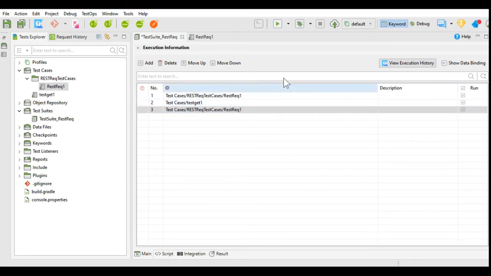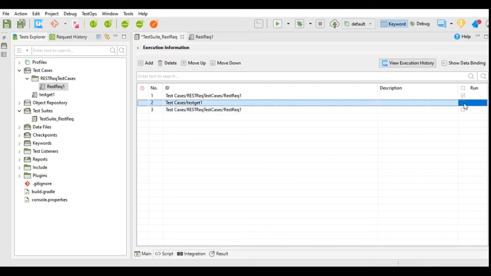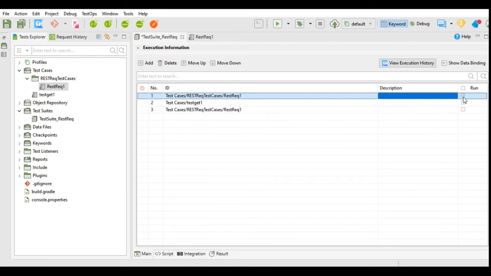To execute this test suite, we will click on this run button. Once we click on the run button, this test suite will execute with all these test cases. If you want to skip running the test cases of this test suite, then you can click on this checkbox. If I click on these two checkboxes and only keep this one checkbox checked, then only one test case will run.